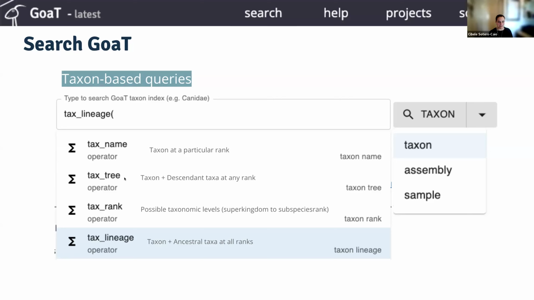The tax rank helps us minimize this mess. It's used in combination with tax tree to say, okay, I want all of the Chiroptera or all of the eukaryotes at the level of family. Then you get a list of families. The tax rank just helps you refine. All of the eukaryotes at the level of species, then you get 1.8 million entries. And then tax lineage is a list of all of the ancestral taxa that are linked to that taxon. So if you say tax lineage equals Phyllostomidae, which is a family, then you get Phyllostomidae and everything that comes before it in the NCBI taxonomy.